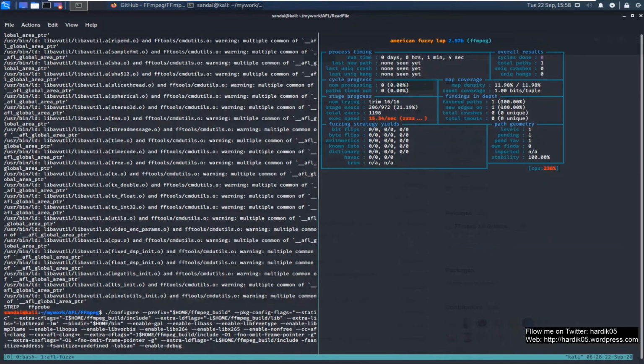Another thing to notice is that FFmpeg is heavily fuzzed. It has been fuzzed by OSS-Fuzz, where it gets fuzzed on thousands of systems, thousands of cores simultaneously, and it keeps continually fuzzing. So there are very rare chances that you will find an issue before OSS-Fuzz has found it. If you have a good corpus, then you can actually find an issue. Plus you need more processing power to fuzz software like this. Otherwise there are very rare chances that you will find a bug.